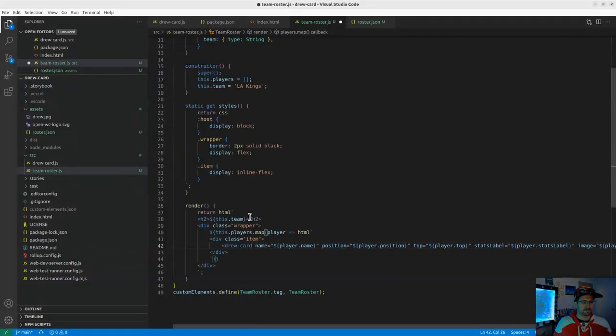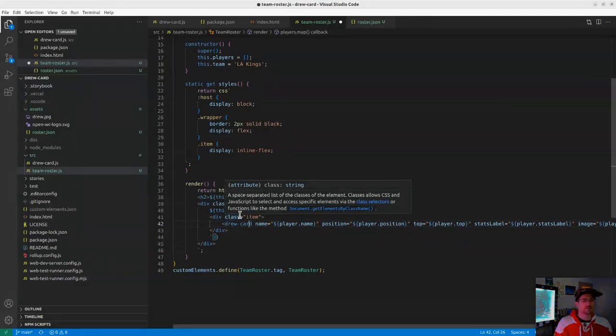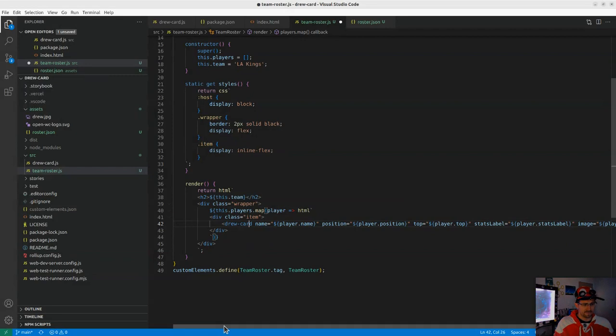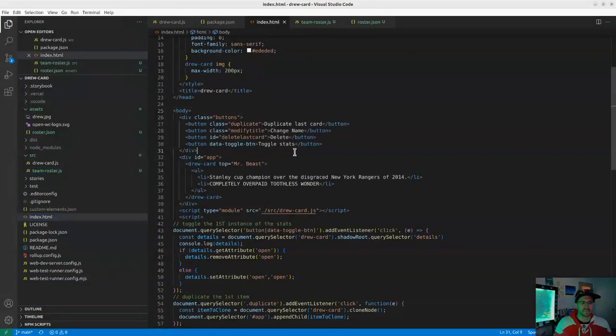Now this is, unlike the first example we went through in class, this is wiring things directly into another element. So this is taking those props and drilling them down. Imagine we've got team roster on the page, team roster unpacks, it goes, hey, here's my data, and then it writes a whole bunch of Drew cards on its behalf. So I'm going to save that. And then in my index,